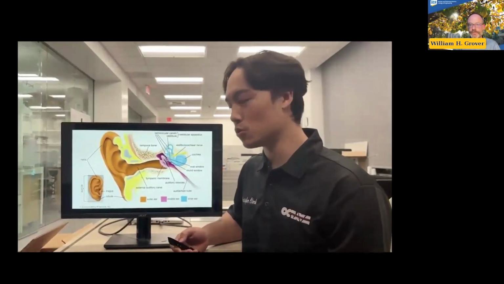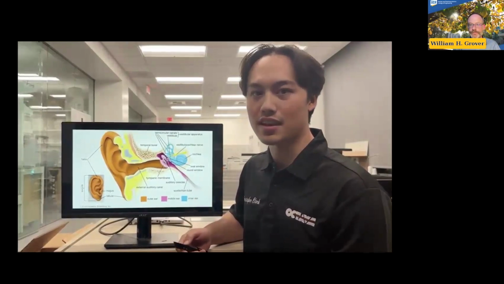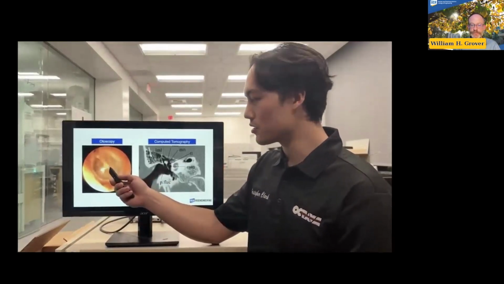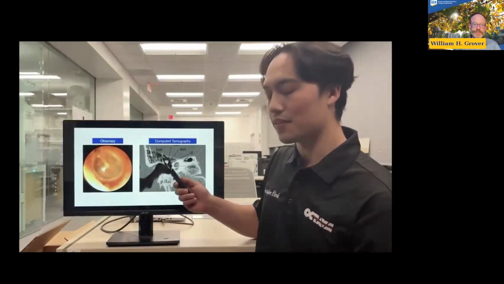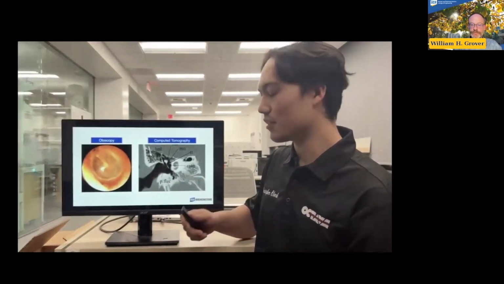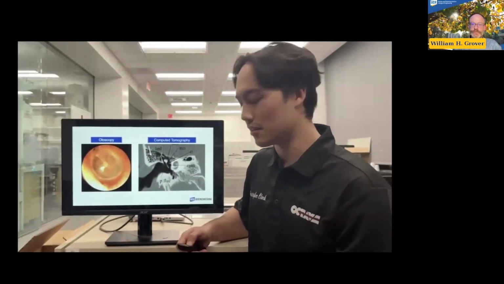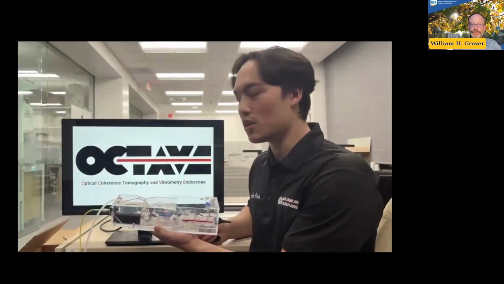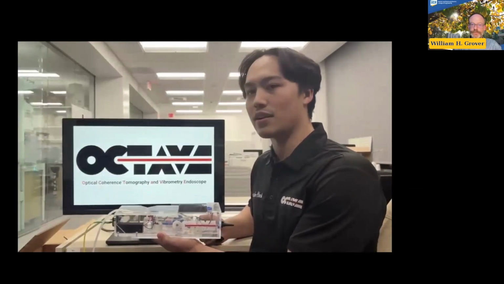Available diagnostic tools for this type of hearing loss have severe limitations, however. The ossicles are obstructed by the eardrum on otoscope exams. CT scans cannot effectively resolve the ossicles, and there are very few options for quantitative assessment of hearing loss. Our device, an endoscopic imaging probe, will address these limitations by providing high-resolution real-time imaging and functional imaging of the